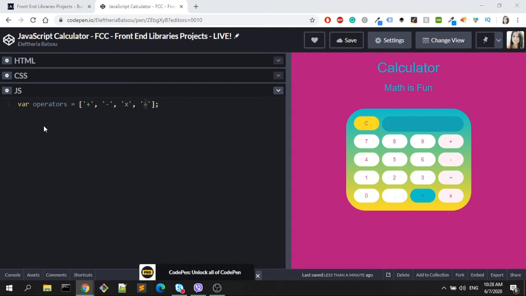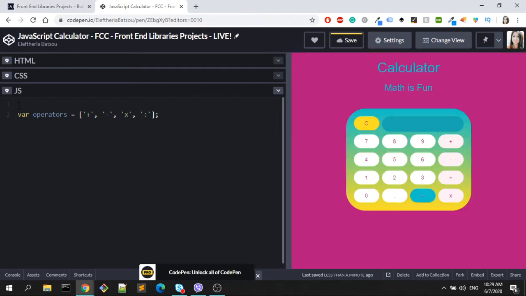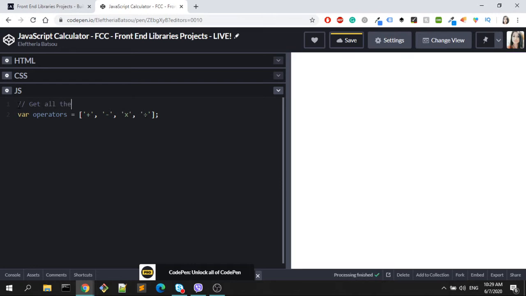So on the JavaScript, I'm using jQuery, and I wrote my operators just because I didn't want to forget anything. Okay, so let's get all the keys. And I will write actually a comment here so we know what we want to do. Get all the keys